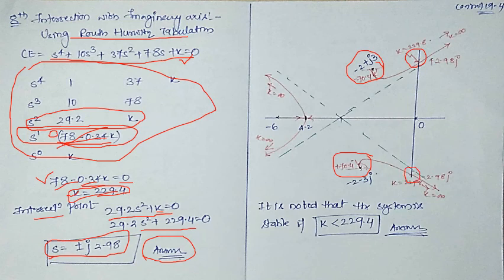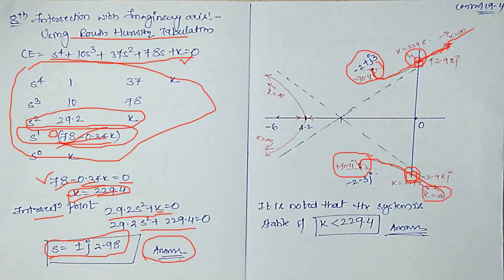Now please understand, from this complex pole, the root locus will start making an angle of minus 70.4, and then they will intersect the imaginary axis at this point, and then they will move in this way and terminate somewhere at k equal to infinity. Similarly, the root locus which is starting from this complex pole will intersect at minus 2.98 j and will terminate somewhere at k equal to infinity.